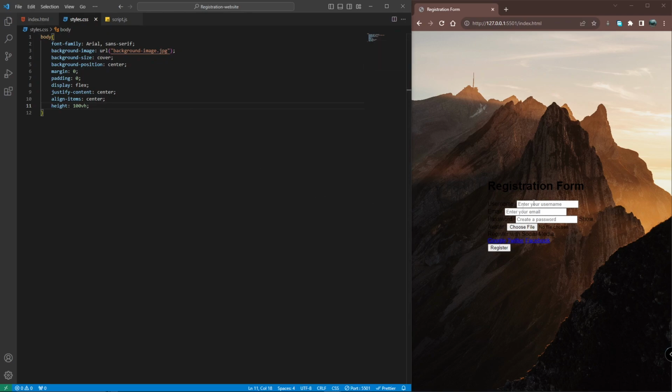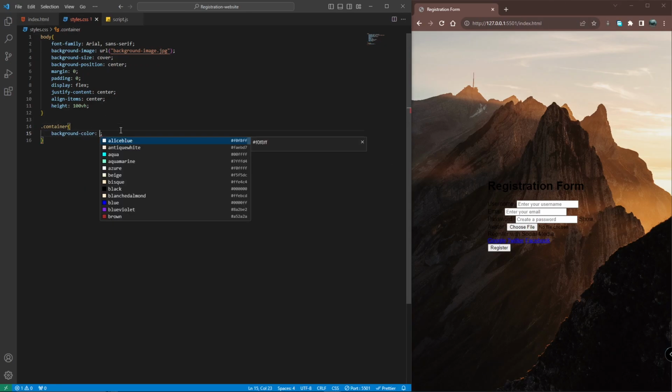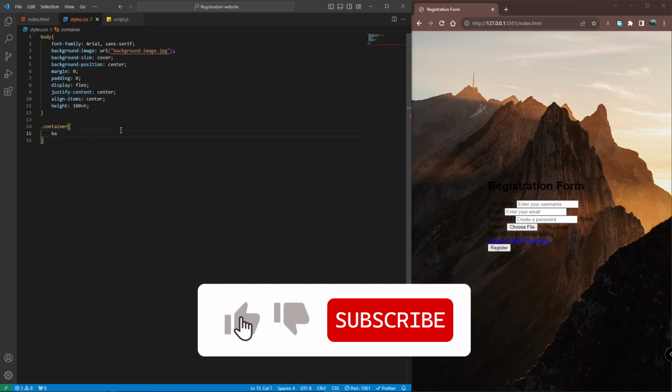so we are marching in small steps towards our final version. So now let's design our container. Let's give it a background color. Background